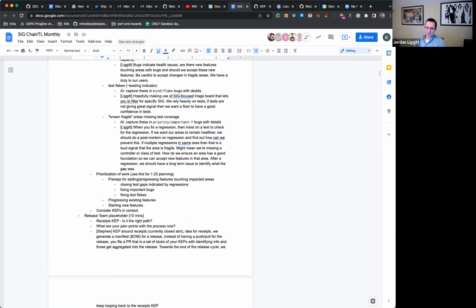The theme for all of these, and we'll get to the last one in a second, is to capture these things in issues and describe what the problem is and the importance of it with labels and descriptions. If this stuff isn't visible in issues, then it's really hard to pull together all these signals into a coherent picture of health in your area. And so this last issue is